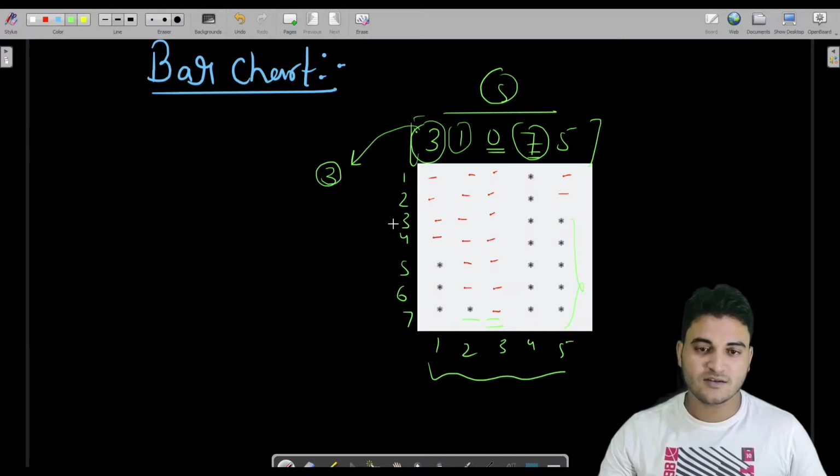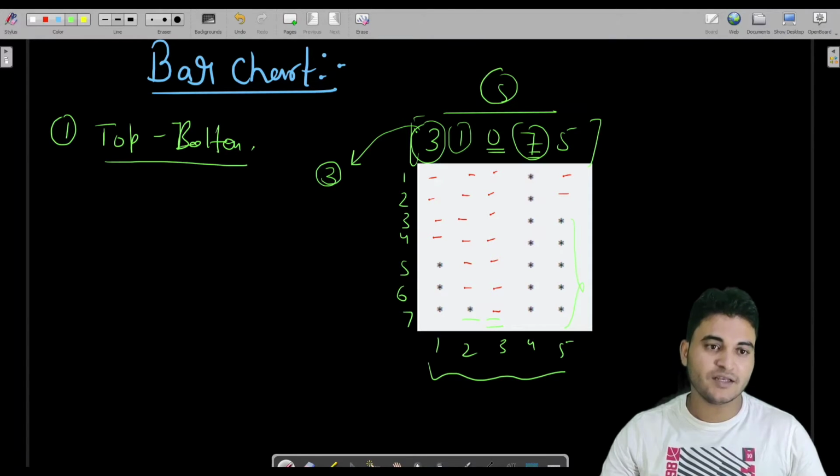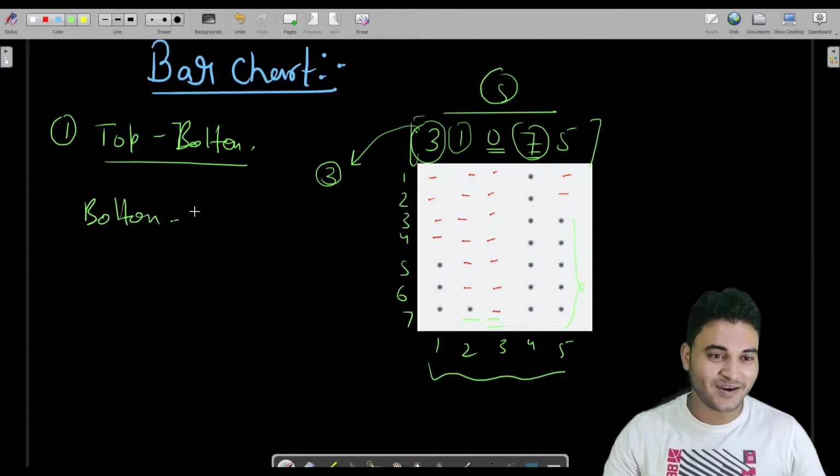That means, and one more thing I would like to mention here is, if we had to print our chart from top to bottom, then that would be an easy case for us. But here we have to print bottom to top. Obviously the bar chart is from bottom to top only. In the general case, of course, we have top to bottom. Don't give me any philosophy for that. So we have to print this shape bottom to top.